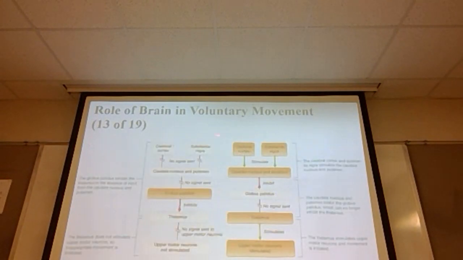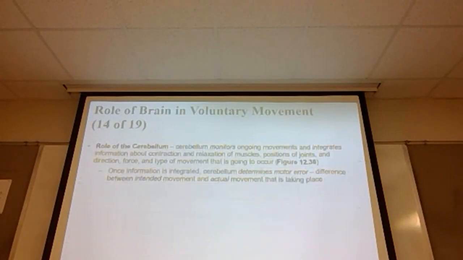So again, here is the absence of voluntary movement, so no signal being sent, which inhibits the thalamus, so no movement. Here we get a stimulus, which inhibits this, so now we don't get a signal being sent, so the thalamus initiates voluntary movement. The cerebellum monitors all of the ongoing movements and integrates information about contraction and relaxation of